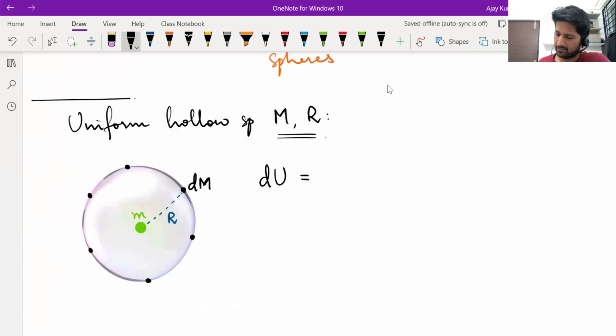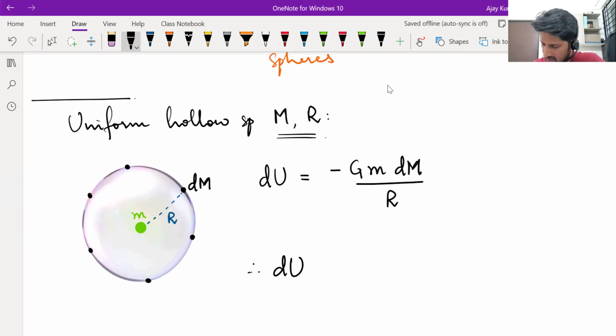So between dM and m, the gravitational potential energy will be minus G m dM, small m is different, capital M is different, divided by the distance between them, which is R. Now every element of the hollow sphere will be at the same distance from its center. So all the elements will have the same amount of potential energy. Therefore, the total potential energy between the hollow sphere and the point mass at its center will be an integration of dU. That becomes minus G small m by R,